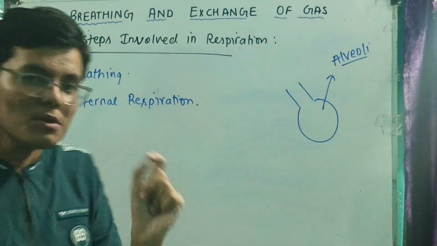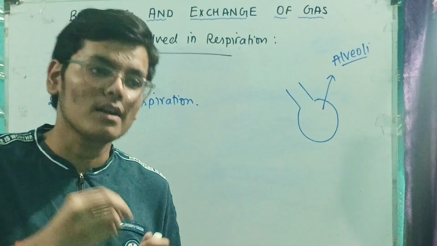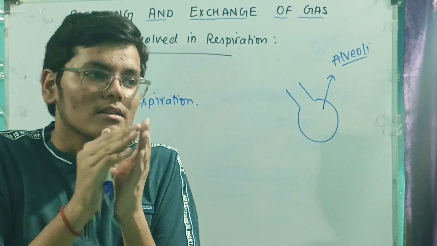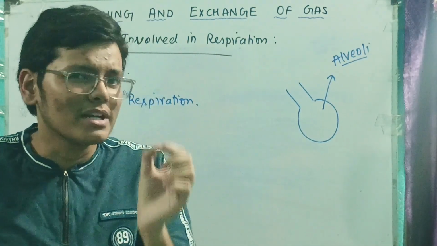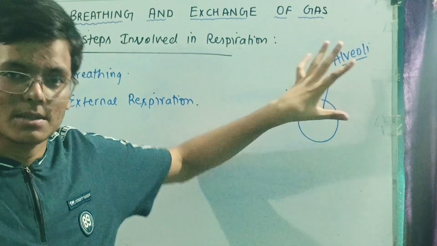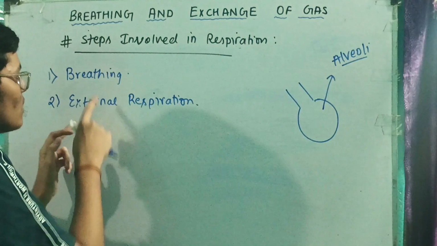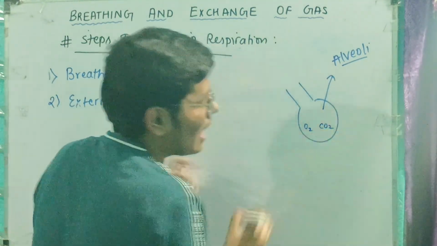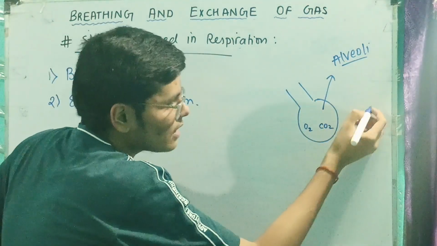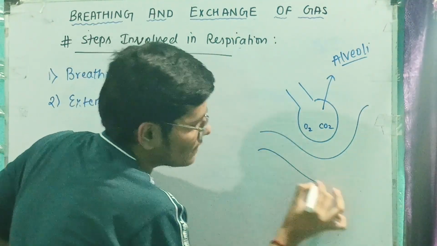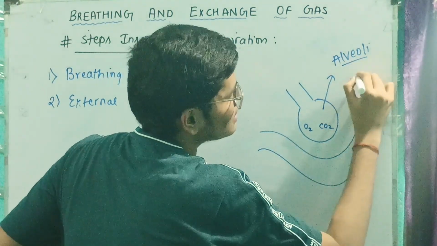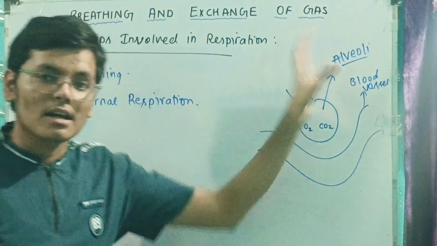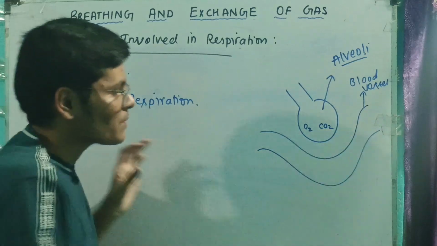We know that whenever we take in or give out air, it all comes from our lungs. The lungs are just like a balloon, an organ made up of many small balloons, and those balloon structures are nothing but alveoli. So when we do the process of breathing, oxygen and carbon dioxide are present over here. This alveoli is connected with a blood vessel. This is a blood vessel. This whole system is present near the lungs.